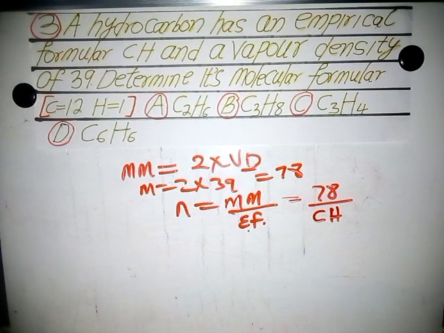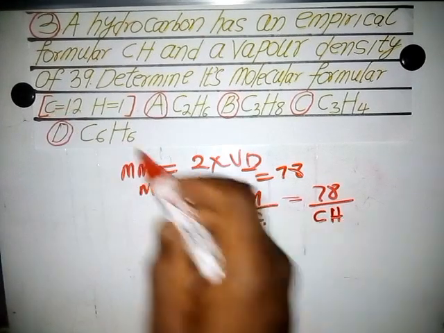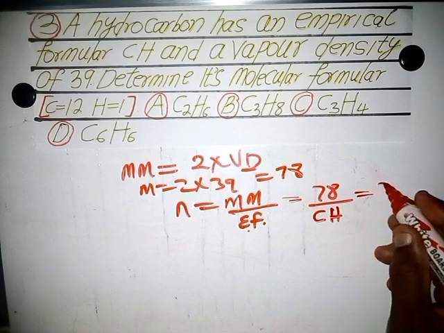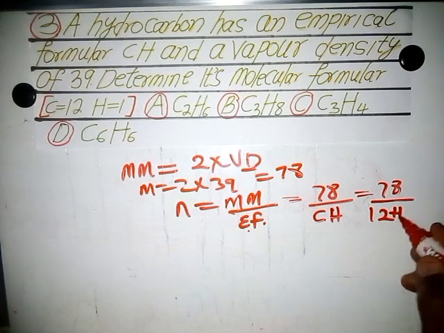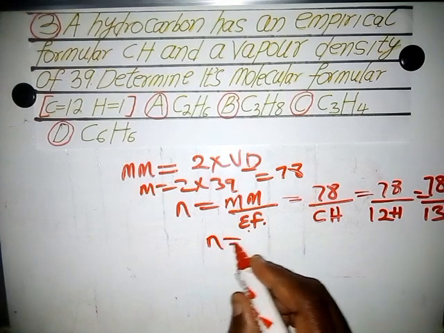This is written as C plus H. Remember, C is 12, H is 1. This is like saying 78 over 12 plus 1. That is 78 over 13. When you divide 13 into 78, you get